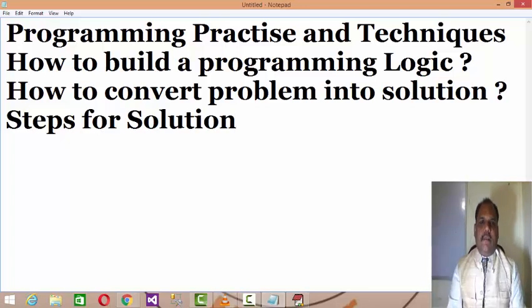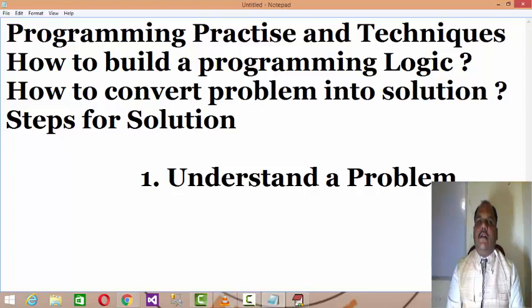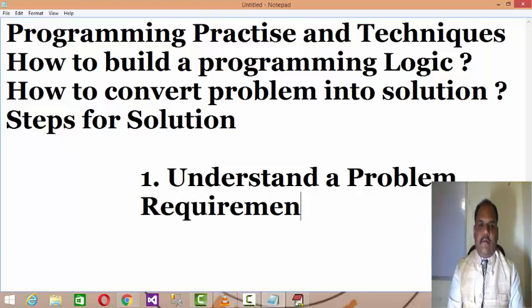Right? First of all, steps for solutions. The first step is to understand a problem. Here you have to make a requirement analysis. What is the problem?